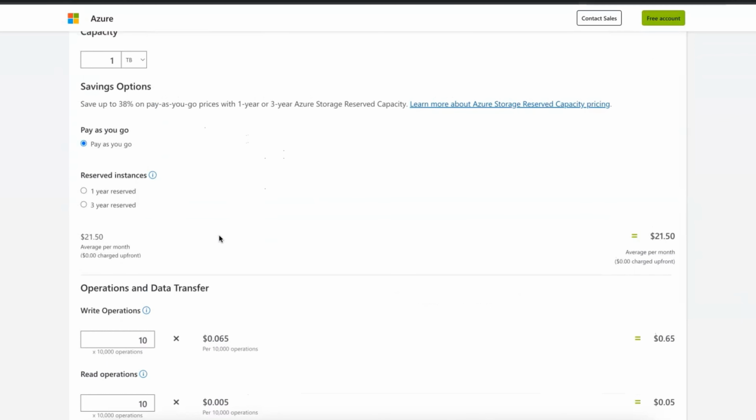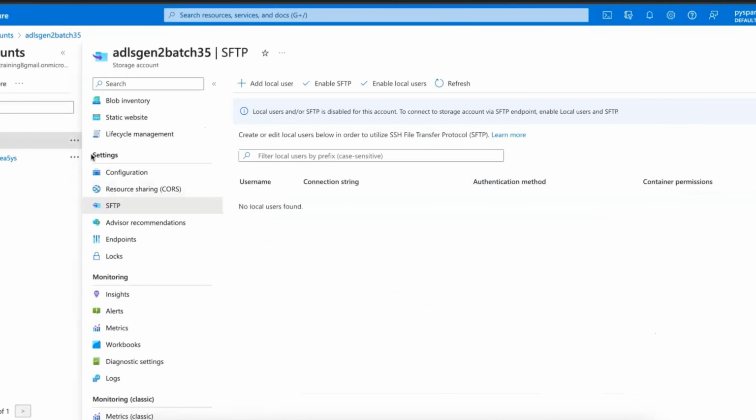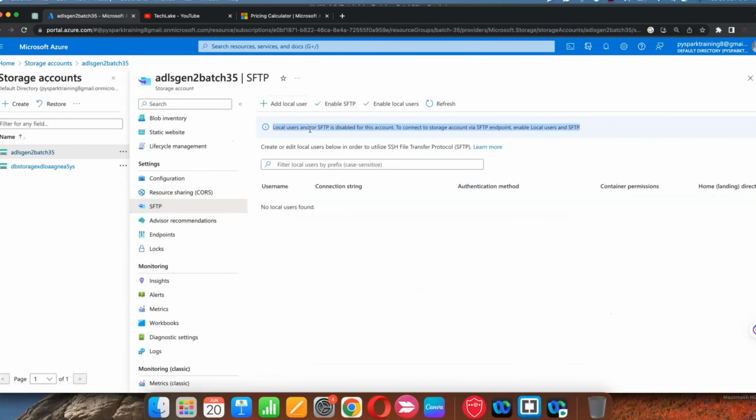But the one and only hidden cost you need to remember is when you enable SFTP on Data Lake. If you enable SFTP on Data Lake, they are providing a new service here. If you look at this, currently I have disabled it. If you enable SSH file transfer protocol, they'll charge per hour. Enable it only based on demand, based on requirement. Otherwise, by default, don't enable. Why? Because when you look at the costing,